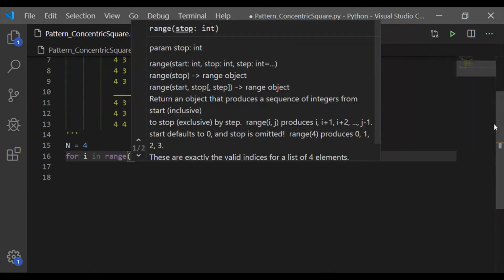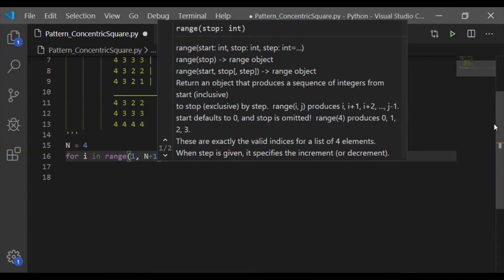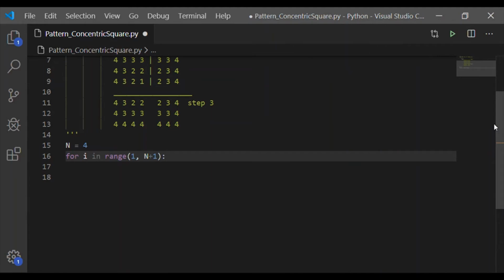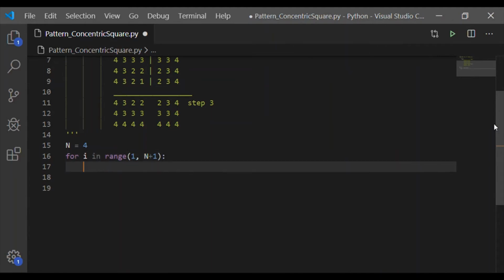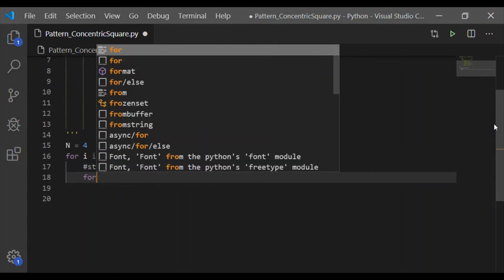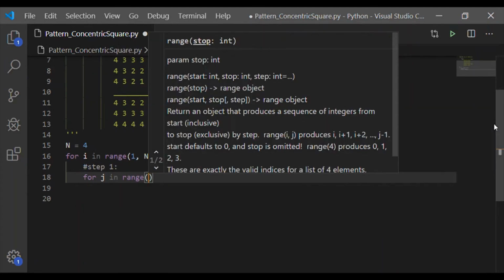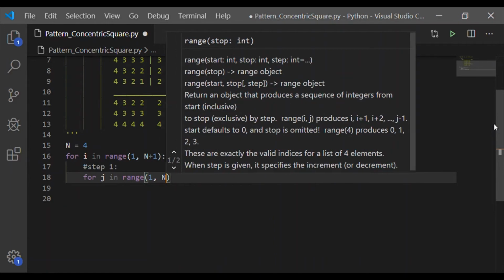So i will represent the row, and its value shall be from 1 to n plus 1. I am taking n plus 1 instead of n because as per range, the end value is excluded. The actual value of i will be 1, 2, 3 and 4 here.